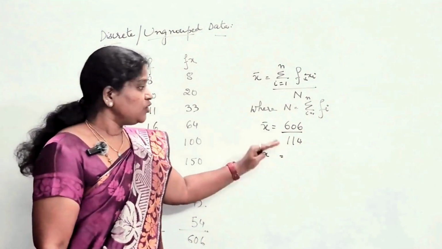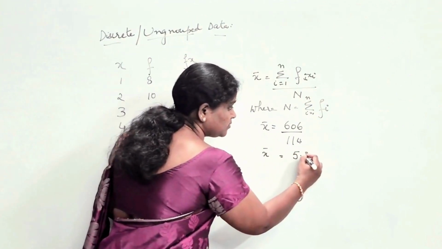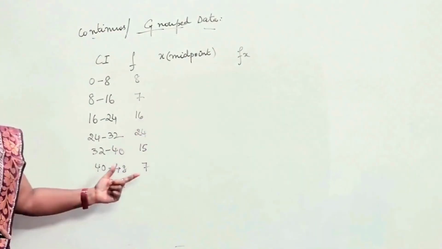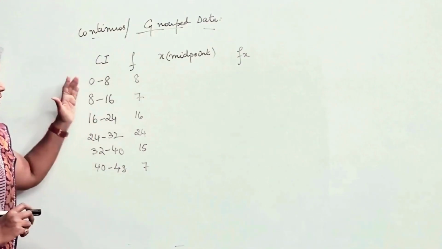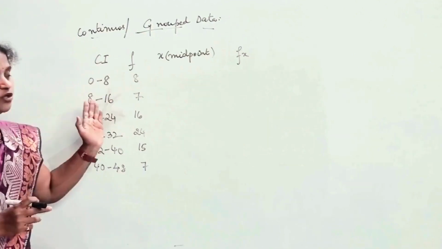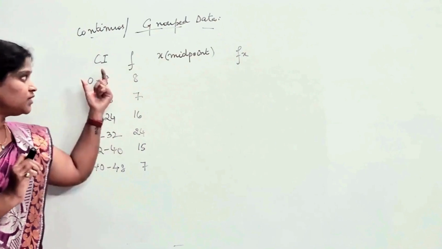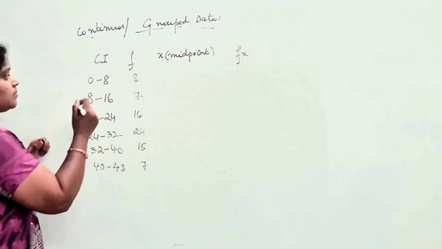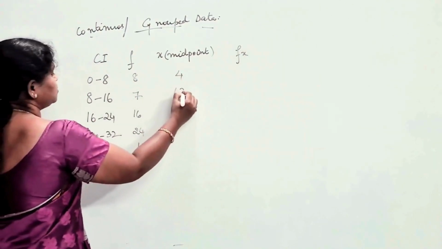Hence, the value of x bar is given by, this is my example of group data. My data is divided into totally 6 groups with class interval 8. We need to find out first x values as the midpoint of the class intervals. The x values will be, the midpoint of these two will be 4, 12,